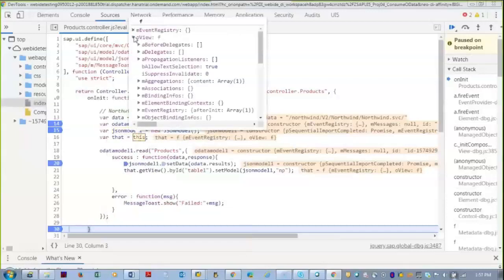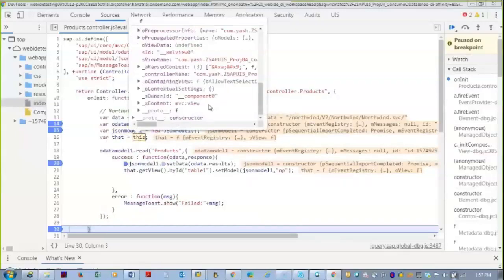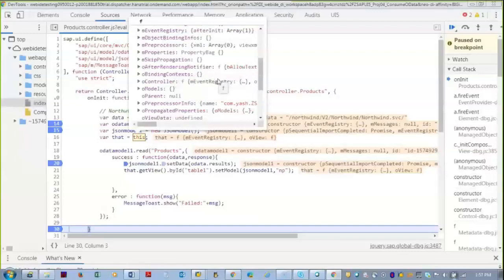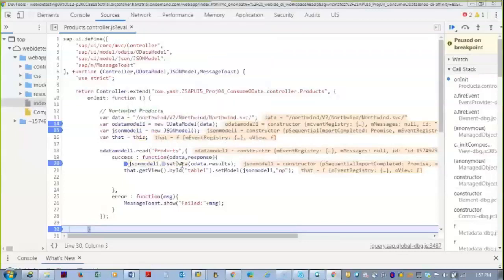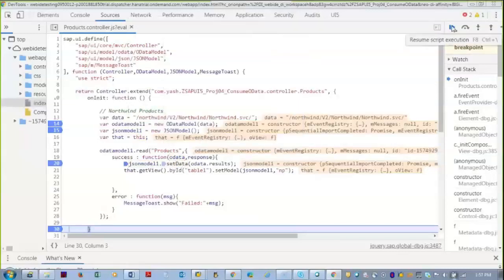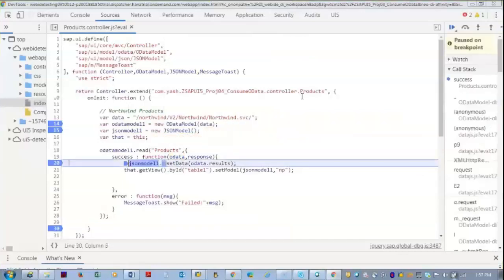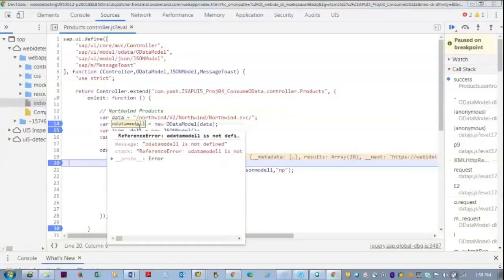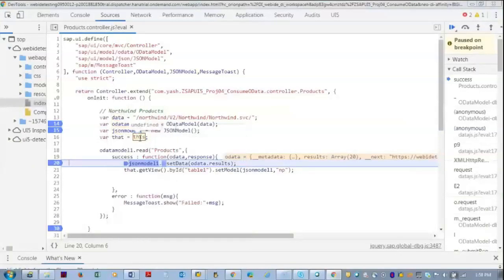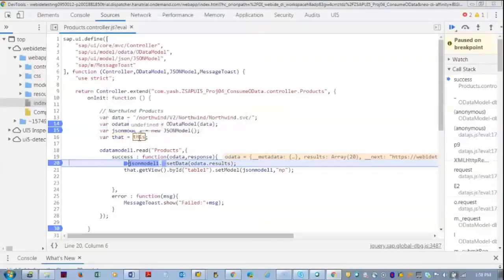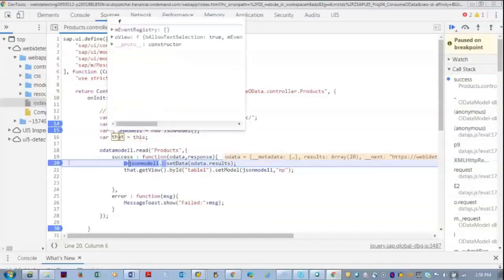Okay, this keyword stores all the current view's information, the ID of the view, and lots of things we will try to remember. But inside, we don't see anything. For example, OData is not defined. So when I click on the play button again, this time the control goes into the success function. At this point of time, it will forget all the values it has inside the this keyword. It loses everything.